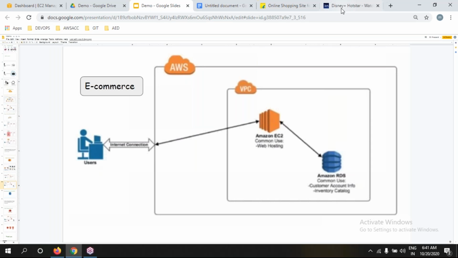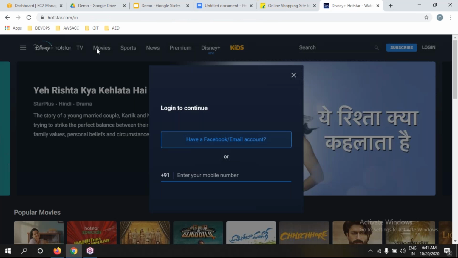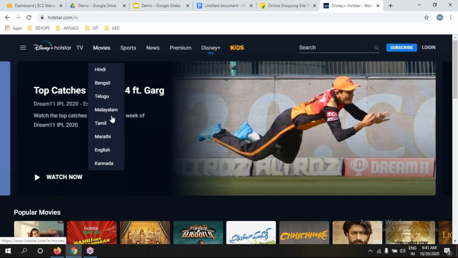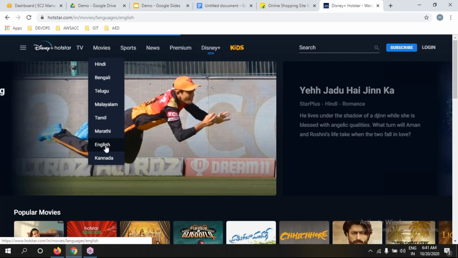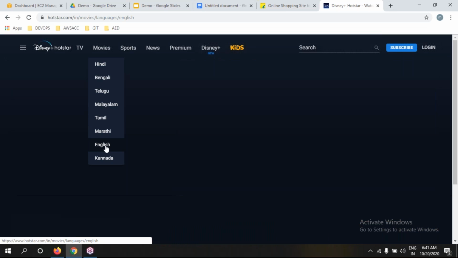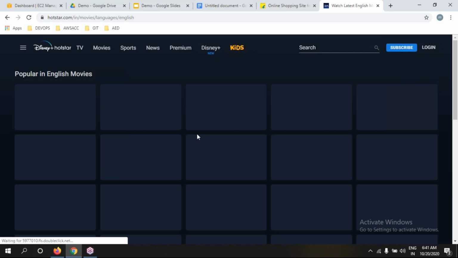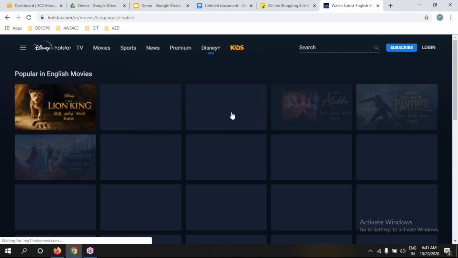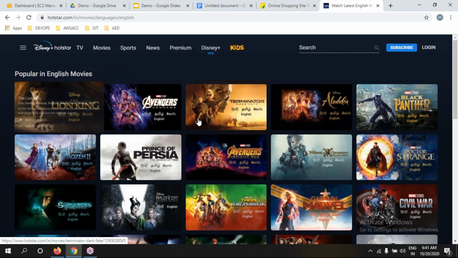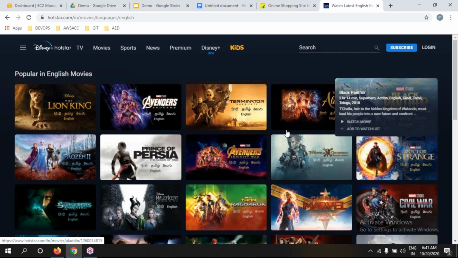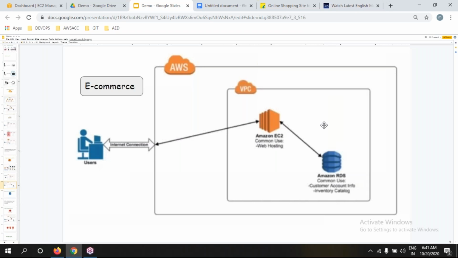But let me go for movies. If you go for any Hollywood, any Blu-ray print, the minimum size of the file is 3 GB to 15 GB.